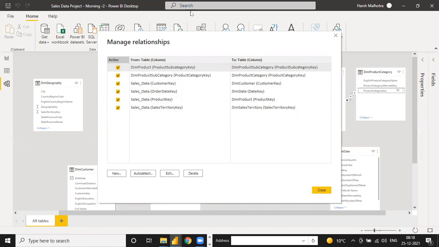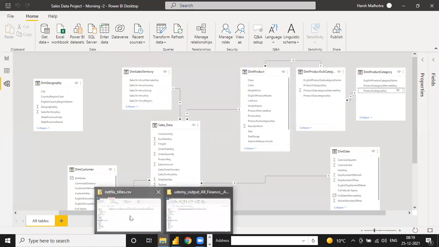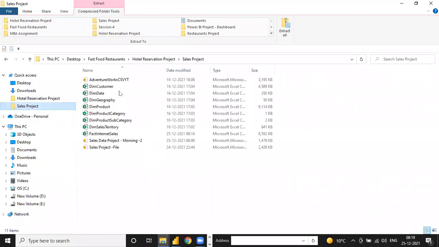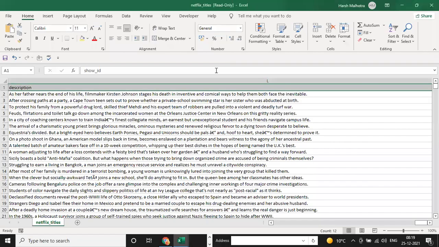Will you please explain again the reason for dim to dim? Okay, let me show. See this subcategory, and I'm going to open Excel first, then you can understand the complete product category and subcategory. Just click open.